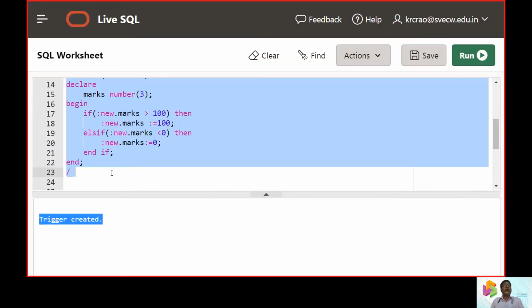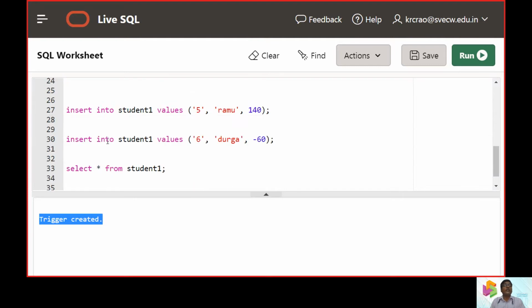Once the trigger is created, let us see a new insert command being given into the student1 table. So now one row was inserted. What happens if the student1 is going to be selected?